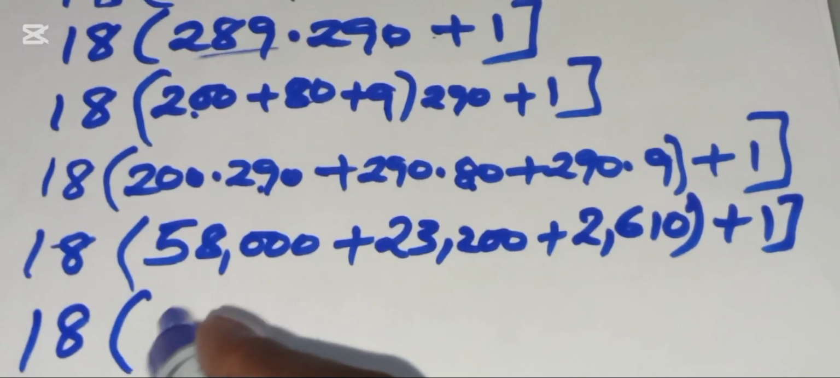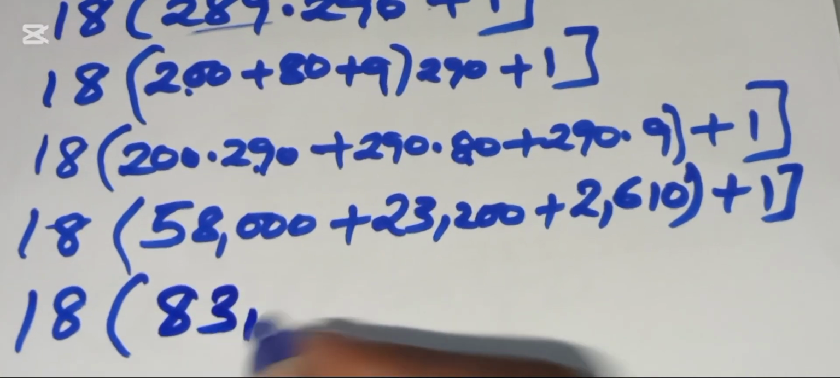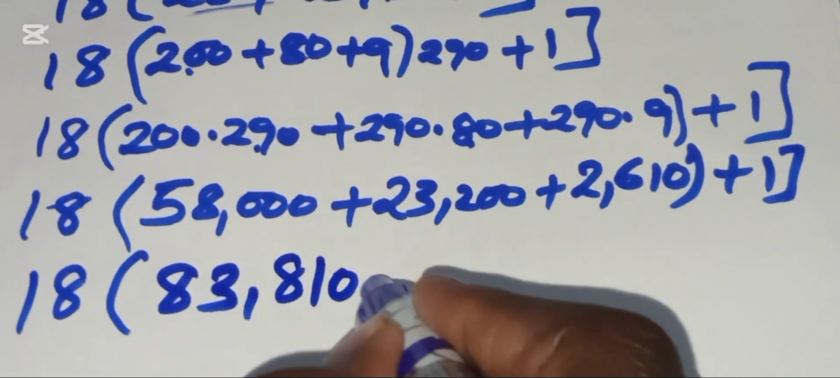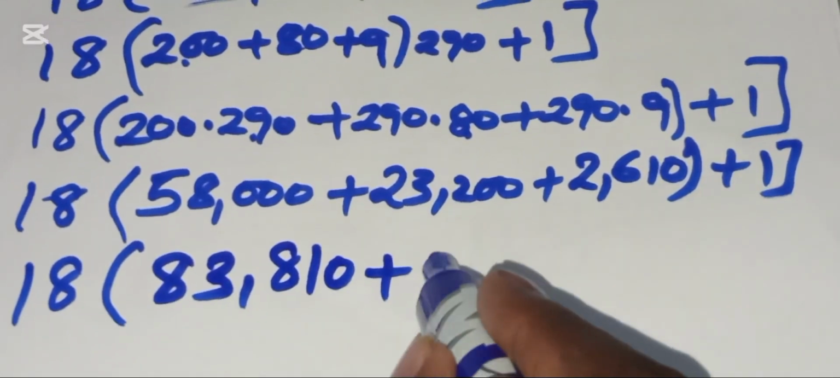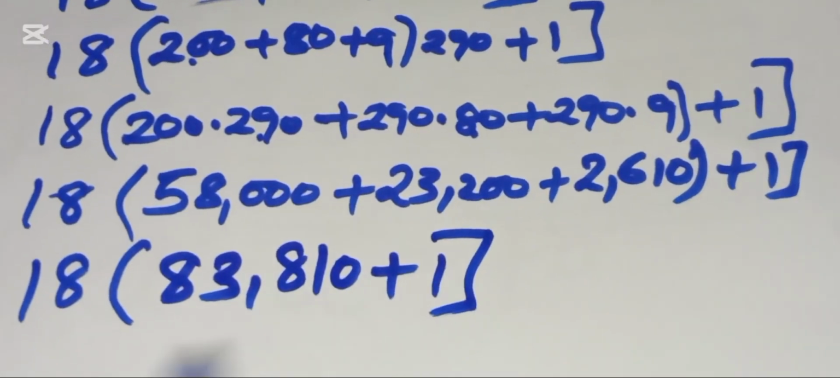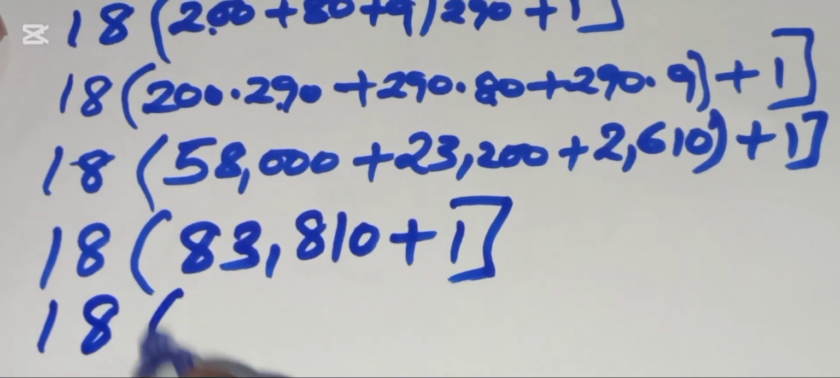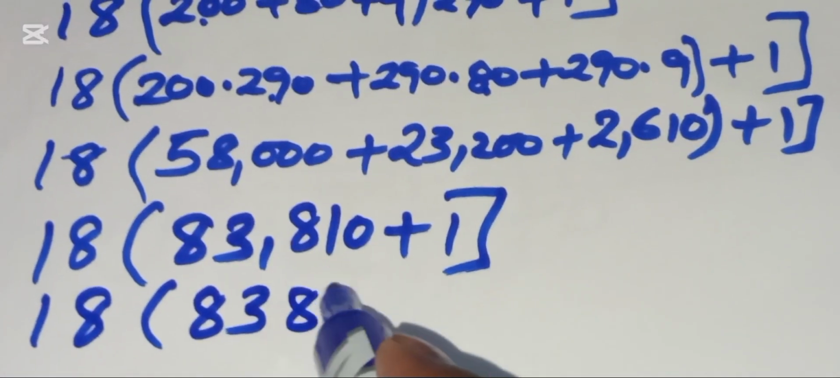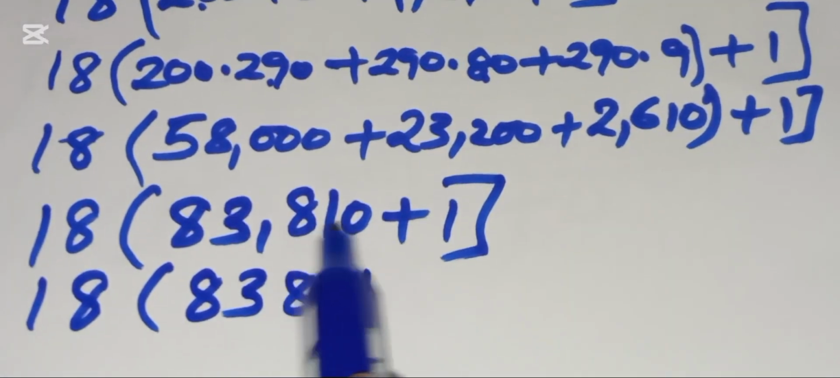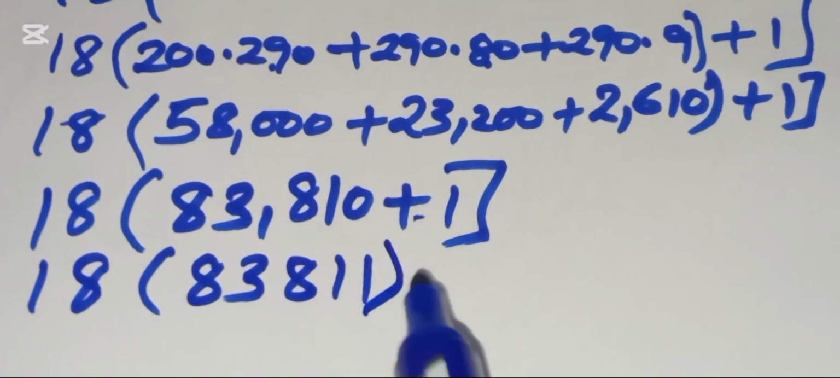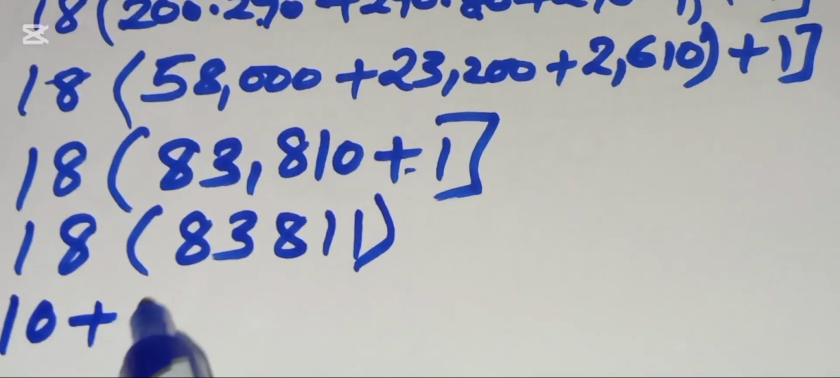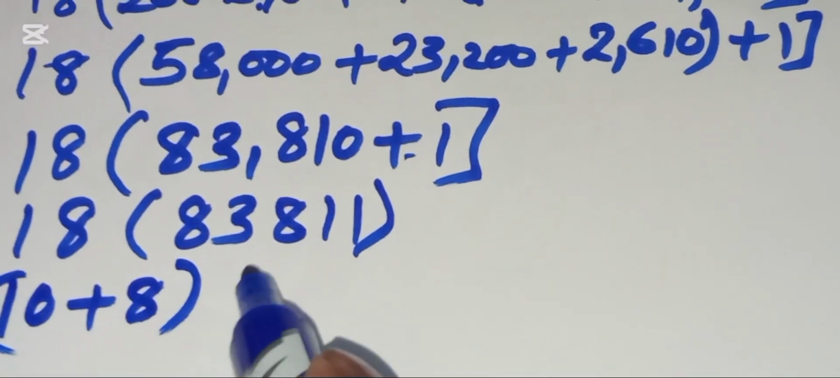This is equal to 83,810 plus 1. Okay? And this becomes 18 into the bracket. This is 811. Okay? This is 810 plus 1. This is 811. Now 18, we can express 18 as 10 plus 8 multiplied with